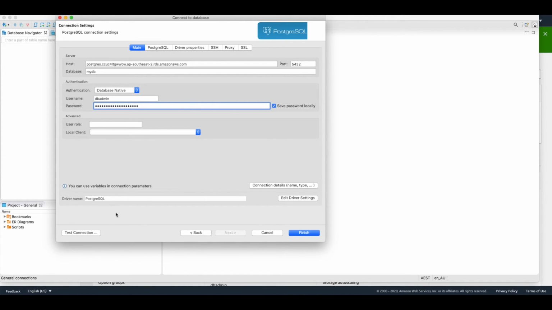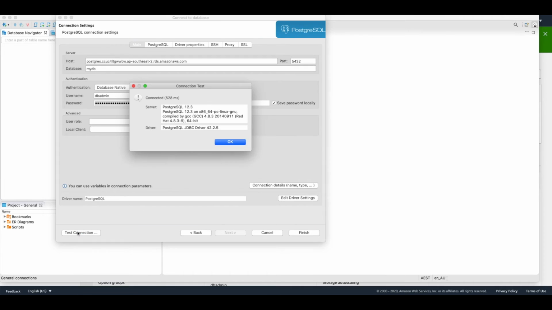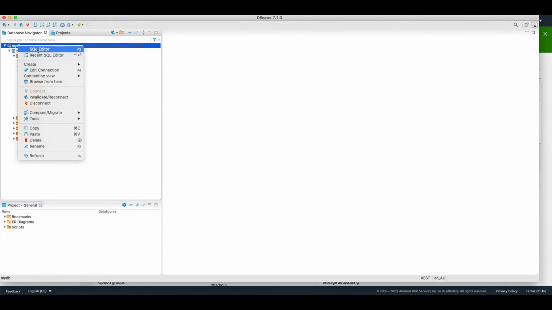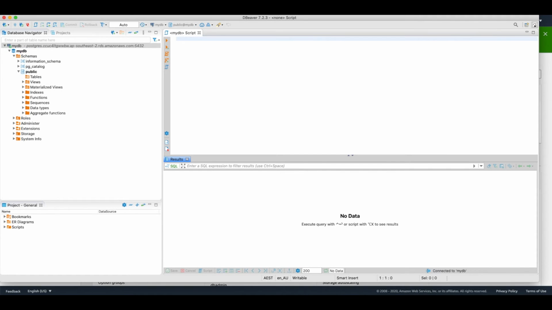We'll paste the password and do test connection, and yes, we are connected. Let's finish this, and then yeah, we can see the database. MyDB database is connected. Tables, we don't have anything. Let's do one thing. We'll go to the SQL editor and